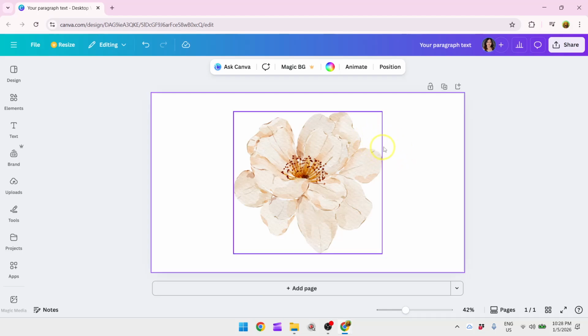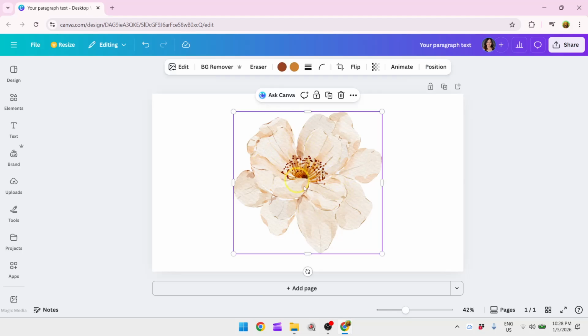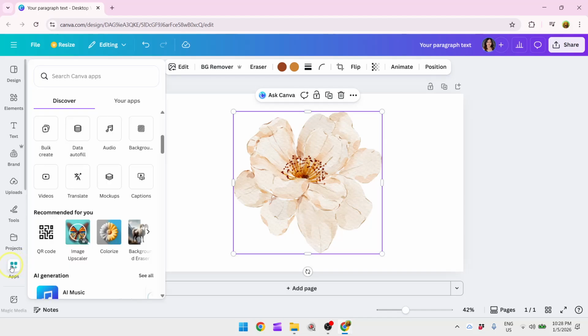Today's video, I'm going to show you how to convert any element into 3D in Canva. To get started, add in your element in your canvas. Now in the left panel, click on Apps or hover your mouse on Apps, then use the search bar and